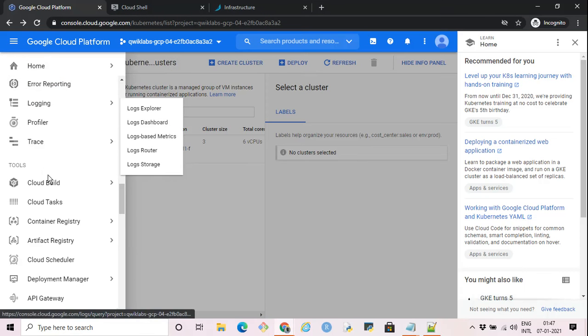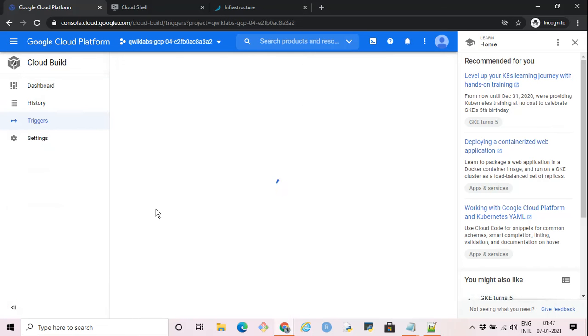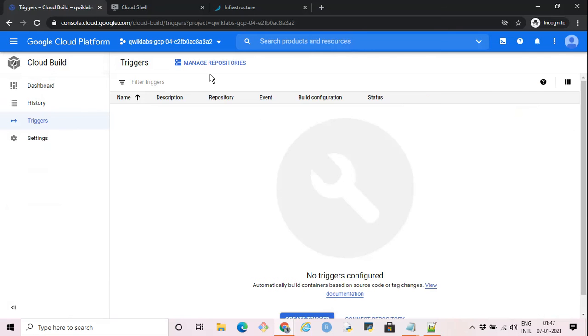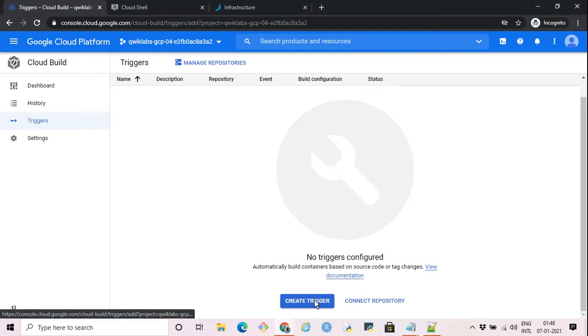So under navigation menu, we see Cloud Build and then we click on the triggers. And then we are going to create a trigger. Click on this create trigger button